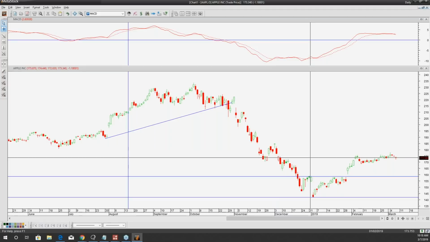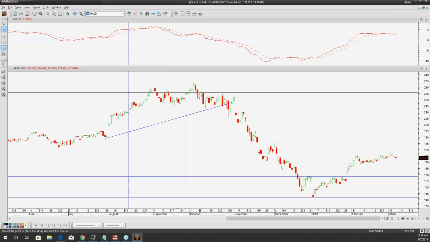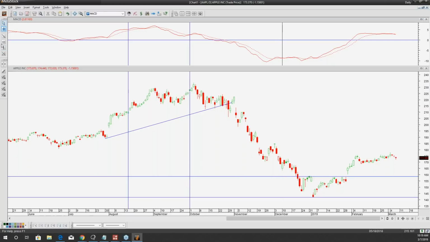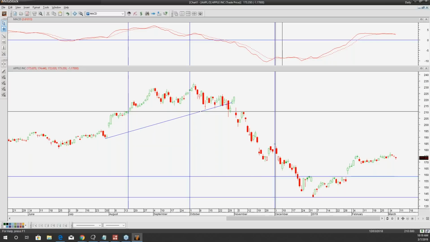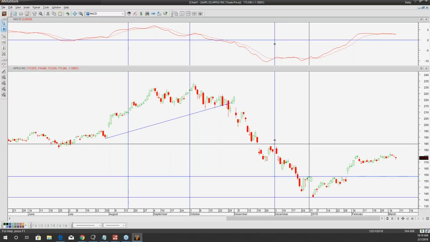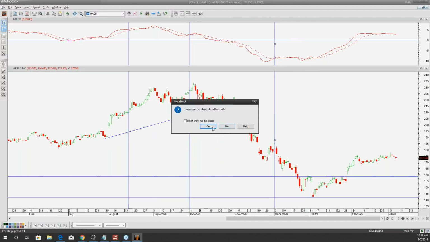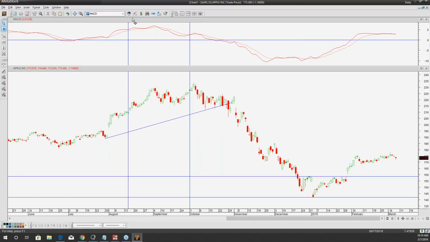And we can easily figure all those crossings out ourselves by getting that vertical line, coming over to the chart and laying it down. We can easily do it that way if we wanted to. But what's great about MetaStock is we don't need to figure out these entry points based on the indicator by itself. We will get to use the expert advisor. And that's where the expert advisor comes into play here.